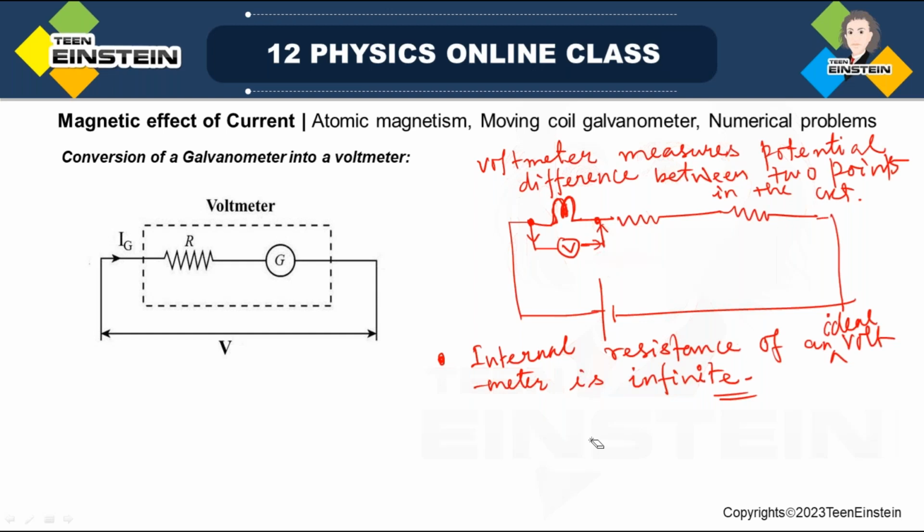So to make the resistance of the galvanometer very large or infinite, ideally we should connect a very large resistor in series with the galvanometer. As you see, this is the galvanometer, and along with that a very large resistance is being connected in series with the galvanometer. Now in this case, since it is a series circuit, we know